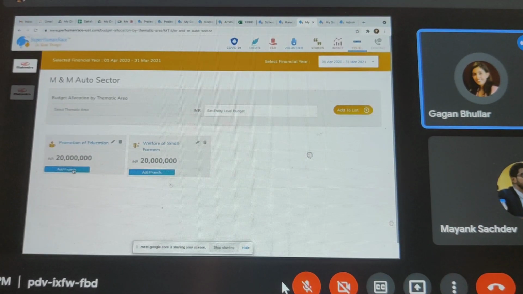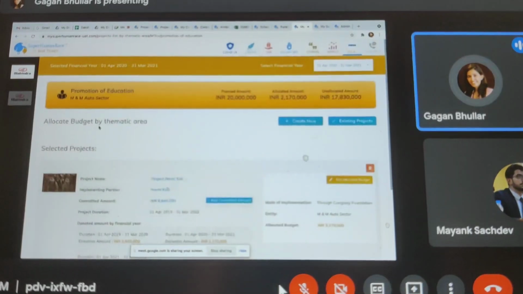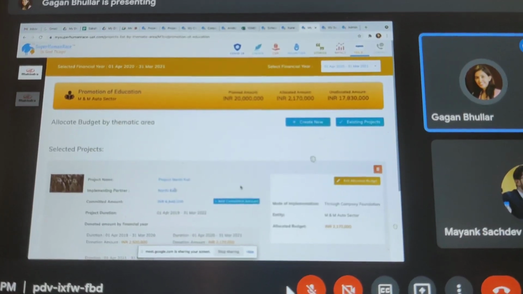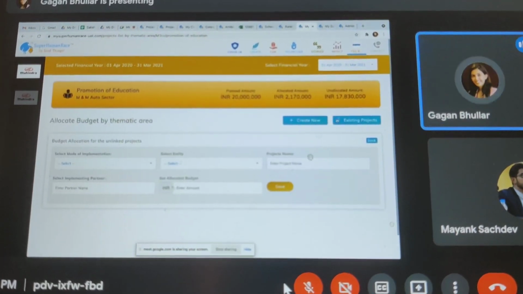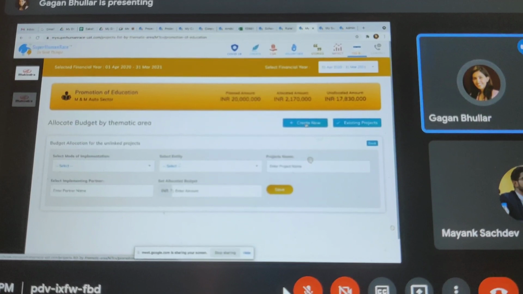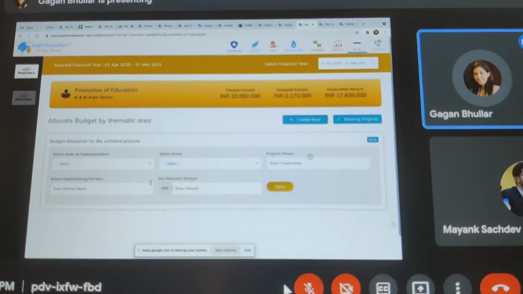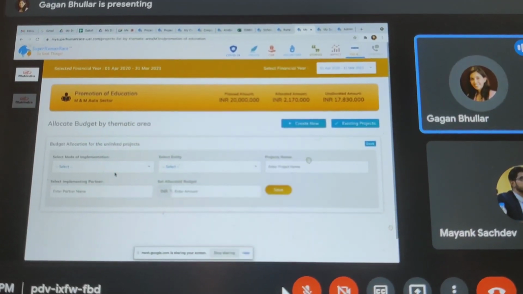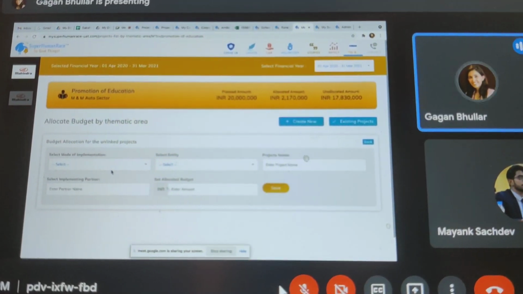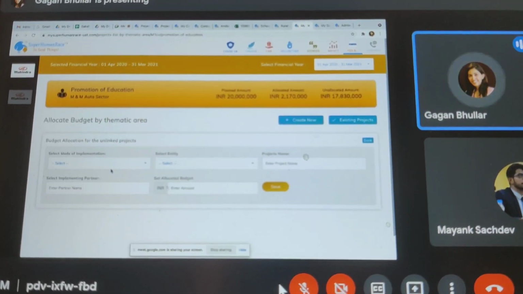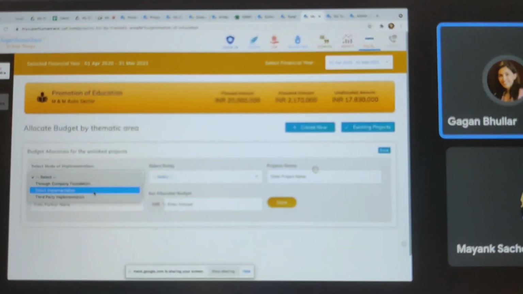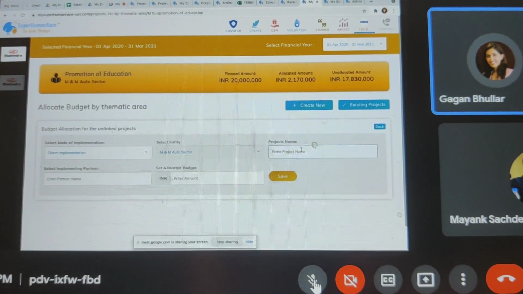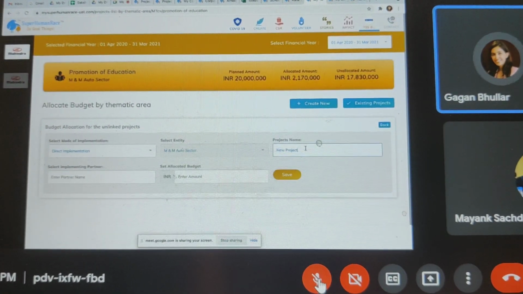And even if you have a project that you want to allocate it to, which does not have an implementing partner or mode set, right? So this is basically adopted by companies at the beginning of the financial year, where they will map the existing projects that they have and then create new projects where I may not have an implementing partner or I may not have started the project, but I just want to allocate my entire amount. And then, as and when I keep adding the projects, I can just keep mapping them. Do you see what I mean? So say I select direct implementation. I say new project.